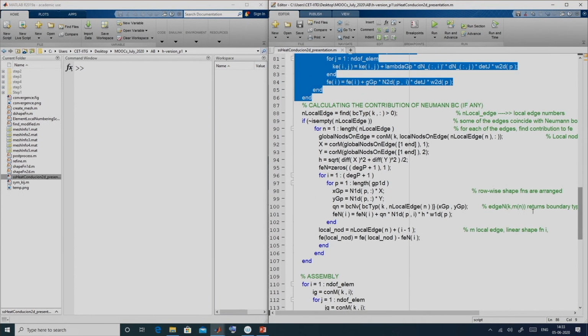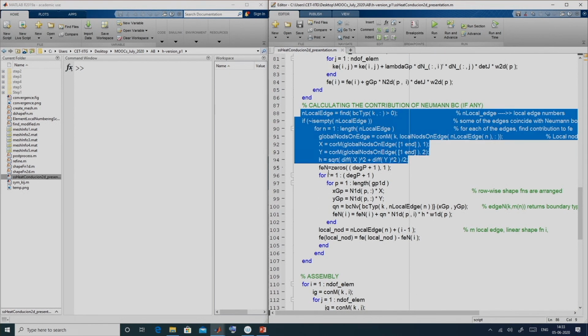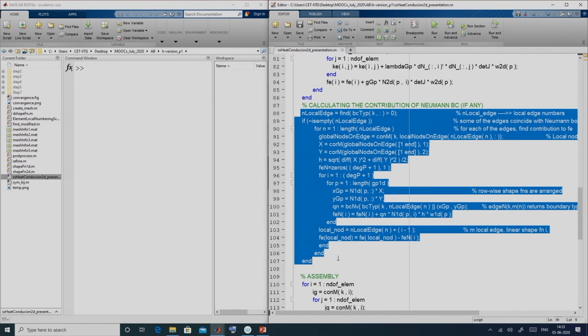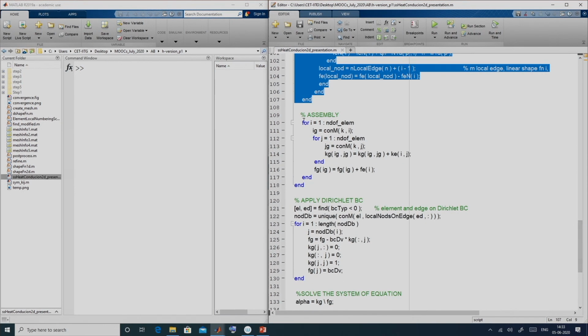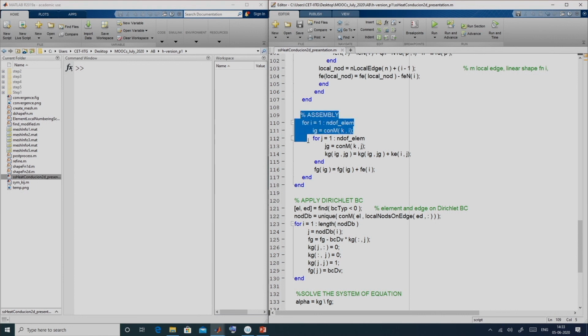Then the next part contains the calculation of the Neumann boundary, if any, for that kth element, and then we assemble the element contribution to the global system of equations, the global stiffness matrix and global force vector, and here the element loop ends. So we do it for all the elements.